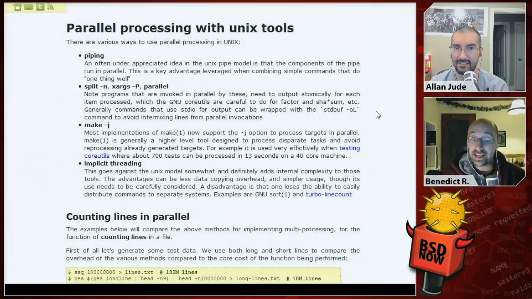Yeah, depending on if they're very short-lived, then you want to use quite a few. Otherwise, you probably want to limit it to about the number of CPUs you have. Yeah, definitely. The next one is